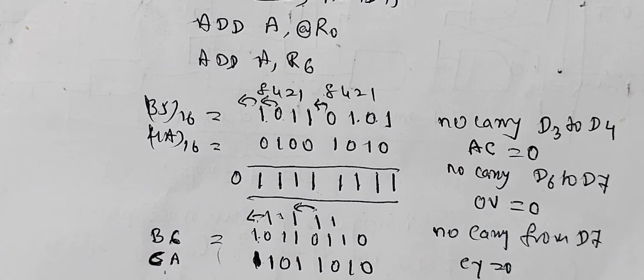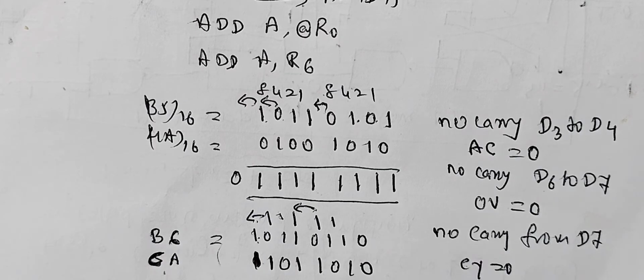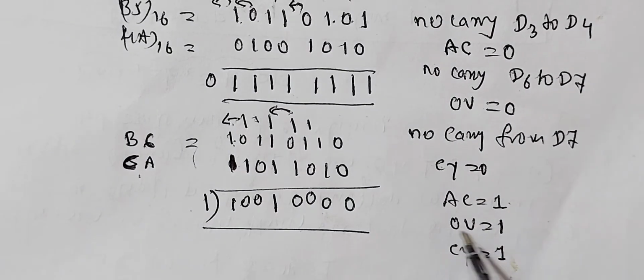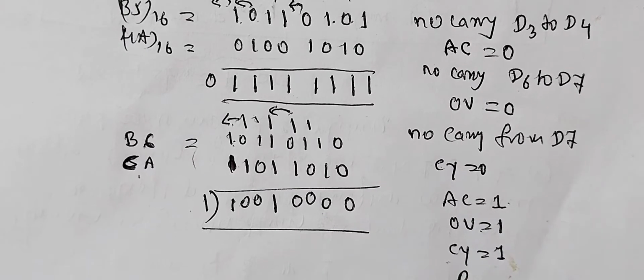So, therefore, during additions, care must be taken to see that ADD is the add instruction. The destination source must be the accumulator register A only. The source may be any of the 4 addressing modes. After addition, the final result is stored in the register A only. During addition, all the 4 types of flags, that is carry flag, auxiliary carry flag, overflow flag, and final carry flag, and also the parity bit are affected.